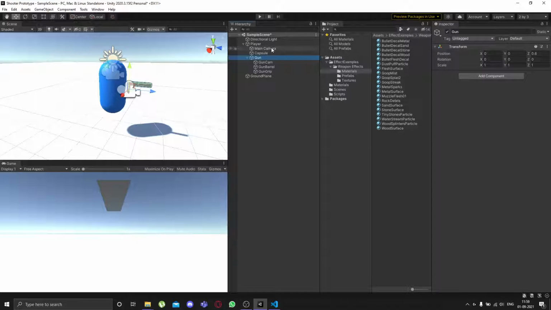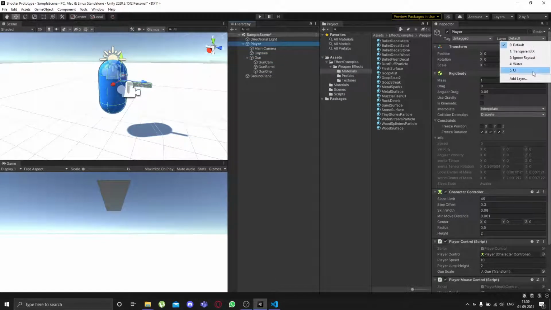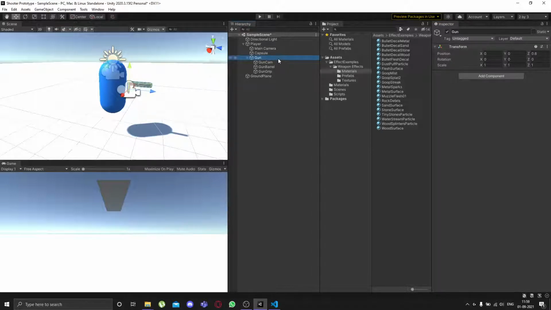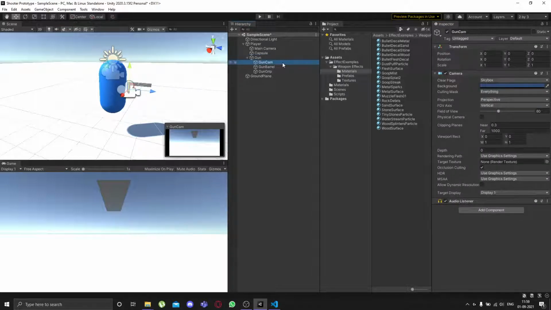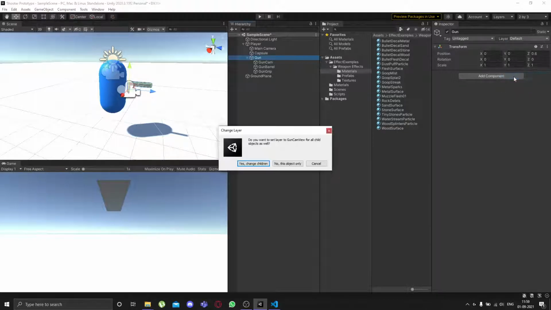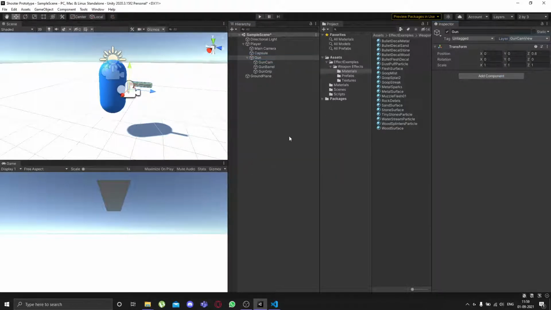The first thing that we will have to do is add a new layer in here, and this layer is our GunCamView. Okay, all that the GunCamView should be able to see is just the gun. Okay, so we'll move this to GunCamView. Yep, change children,